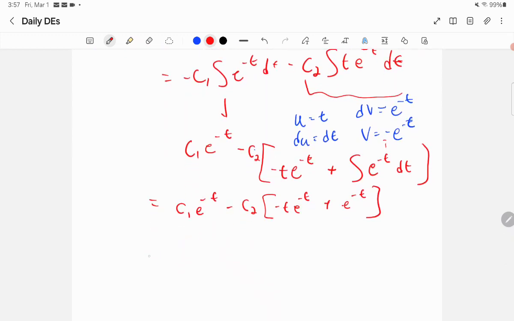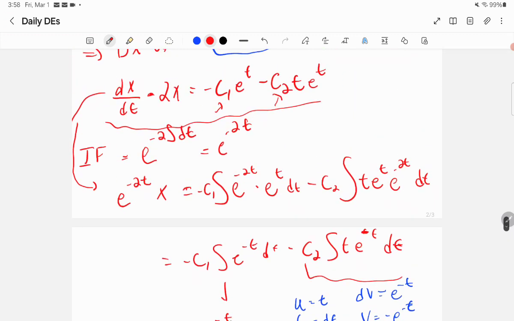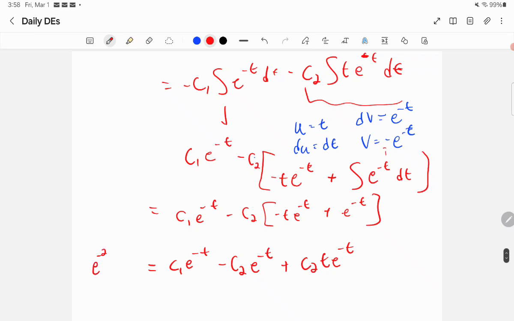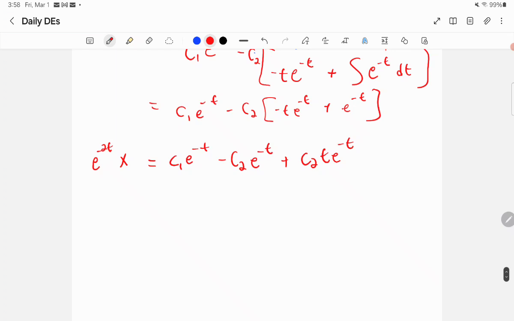And if I work that all out, I get c1 e to the minus t. I'm going to move this part over here, so minus c2 e to the minus t plus c2 t e to the minus t. And I'm going to have to remind myself up here that this was equal to e to the minus 2t times x, and I really want to solve this for x, right? So I'm going to multiply across, and I'm going to get